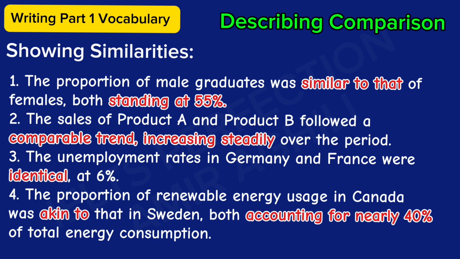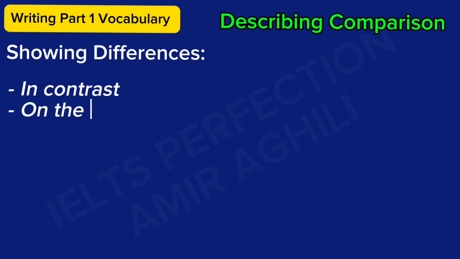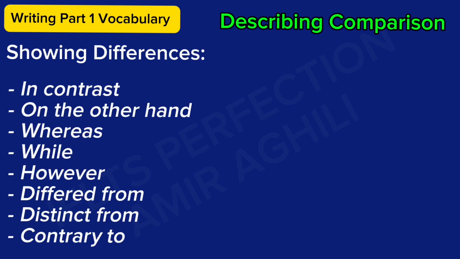The unemployment rates in Germany and France were identical at 6%. The proportion of renewable energy usage in Canada was akin to that in Sweden, both accounting for nearly 40% of total energy consumption. For showing differences, we use the words and phrases like in contrast, on the other hand, whereas, while, however,